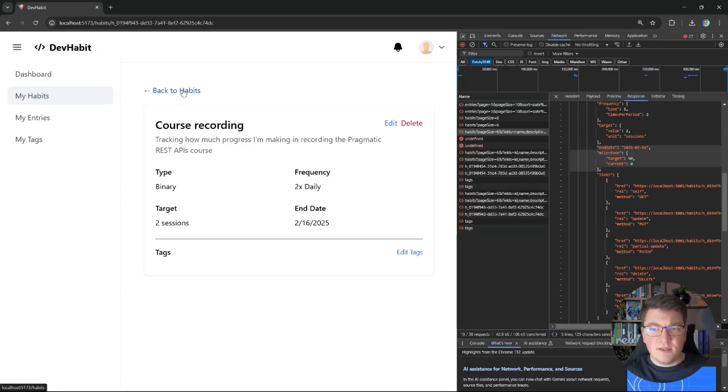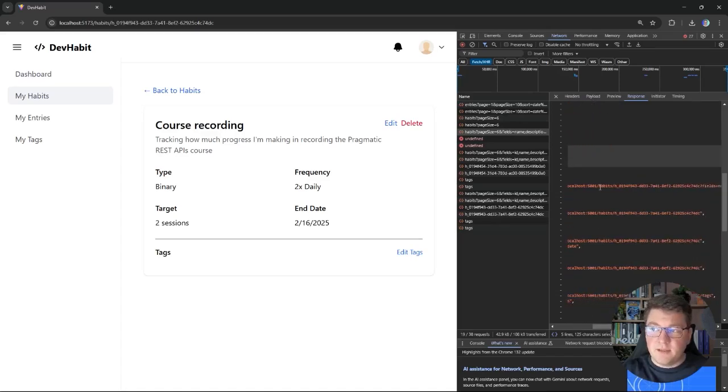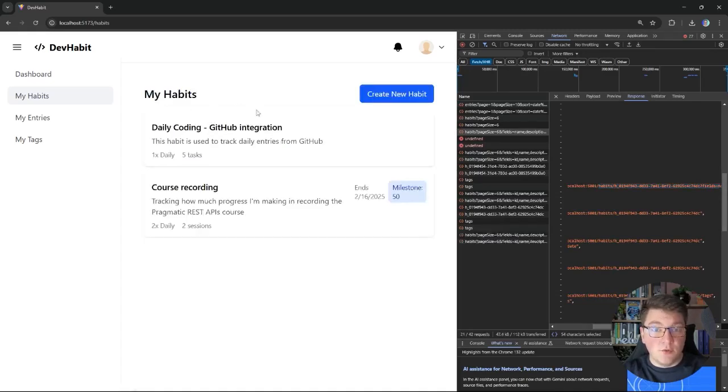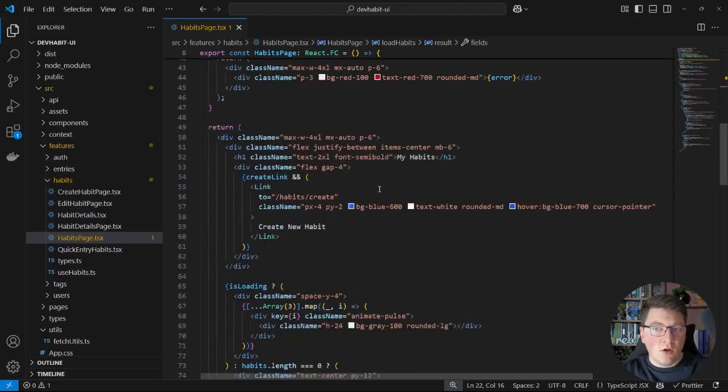So the habit ID is missing from my data shaping response, and this is breaking my user interface. But remember that this shouldn't really be required for the client to work correctly because we are using Hypermedia. And for each of our resources, we have the respective self-referencing link that also contains the URI of the resource. So let me go back to the lists component. I will update the data shaping to omit the ID on purpose, and I'm going to make a small adjustment